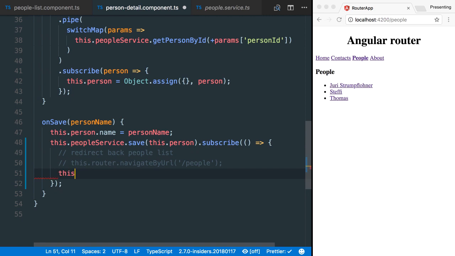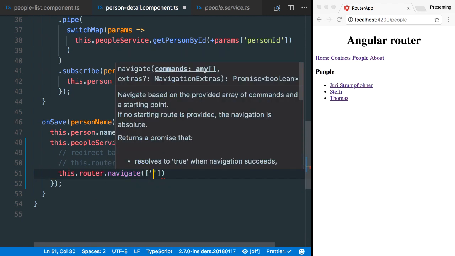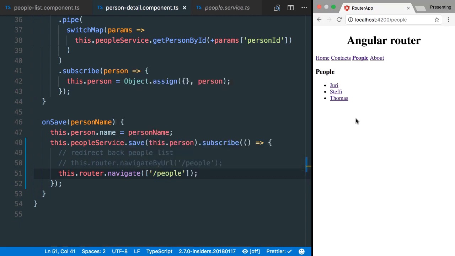The other possibility is to use the router's navigate method, which expects basically the same segments we usually give our router link. So in this case, that will be people. So similarly, we enter here, we change the name, then there's the delay, and then we come back to our